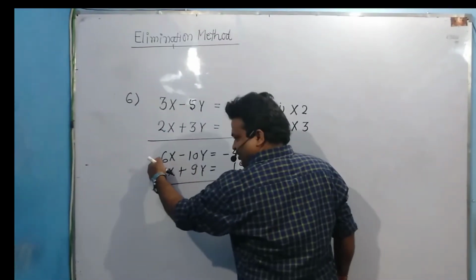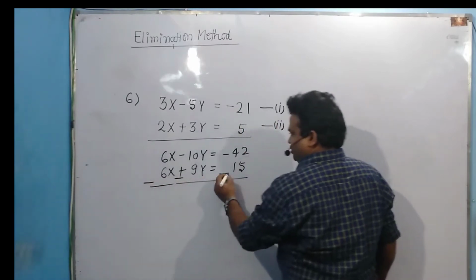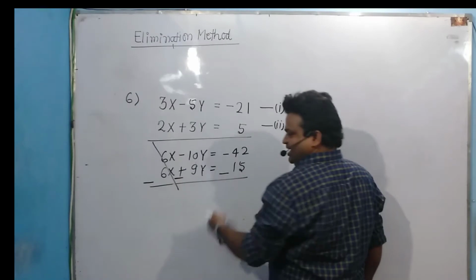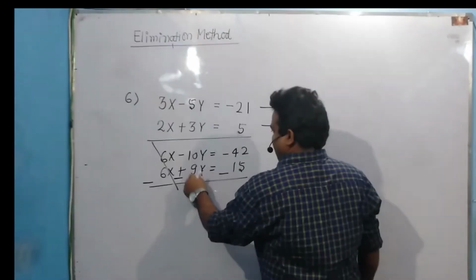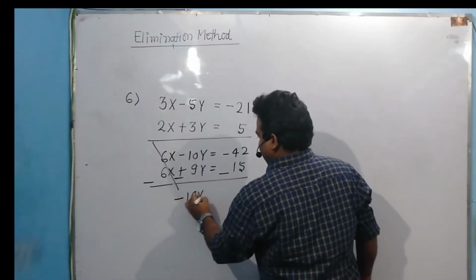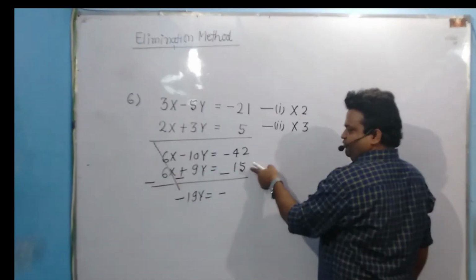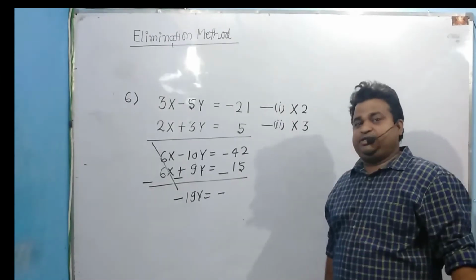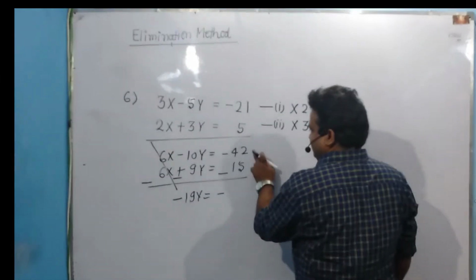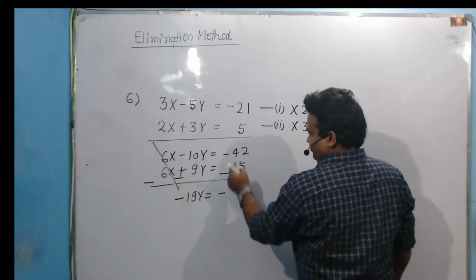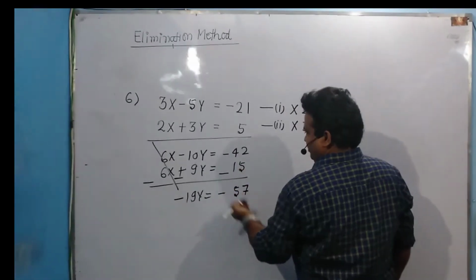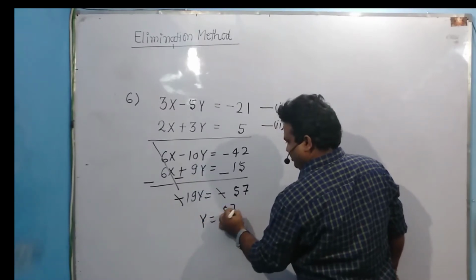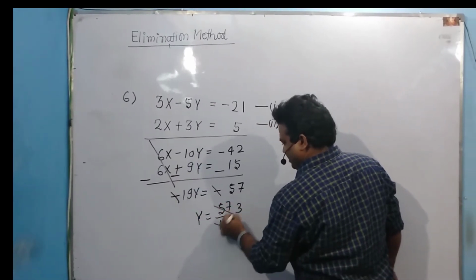So this is plus, this one is plus, so you need to subtract the equations. The x variable is gone, cancelled out, and minus 10y and minus 9y add up to minus 19y, equal to minus of the addition of both values, because both have the same sign. Whenever you get the same sign, it means addition is happening. So 2 and 5 make 7, 4 and 3 make 7, so minus 19y equals minus 57. The minuses cancel, so y equals 57 divided by 19. 19 threes are 57, so y becomes 3.